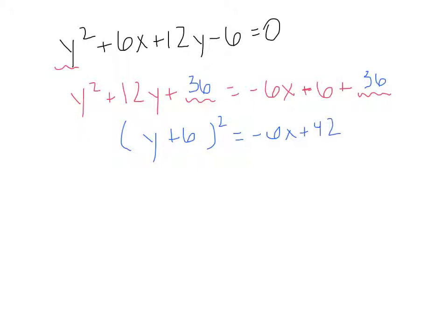Now our goal is just to get this into an x equals form so that we can figure out what the vertex is and we can figure out what the p-value is. So now let's go ahead and move that 42. So we'll have y plus 6 squared minus 42